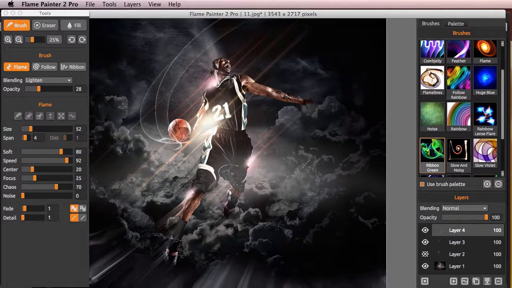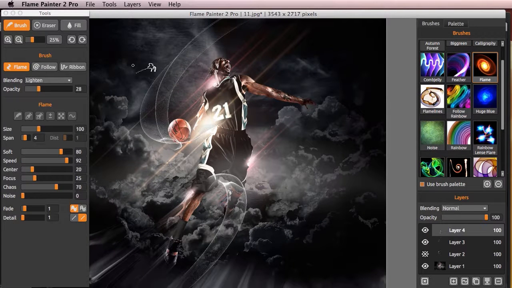So again, I'm just going to click and drag until I get something that really looks and feels right. And the effects will vary depending on how you tilt your graphics pen if you are using one, and I highly encourage you to use one because it makes the process a lot easier, although you can get the same effect with a mouse. Okay, so I do like that. I think I'll keep that one. So that's layer 4. Let's scroll up to the flame brush,